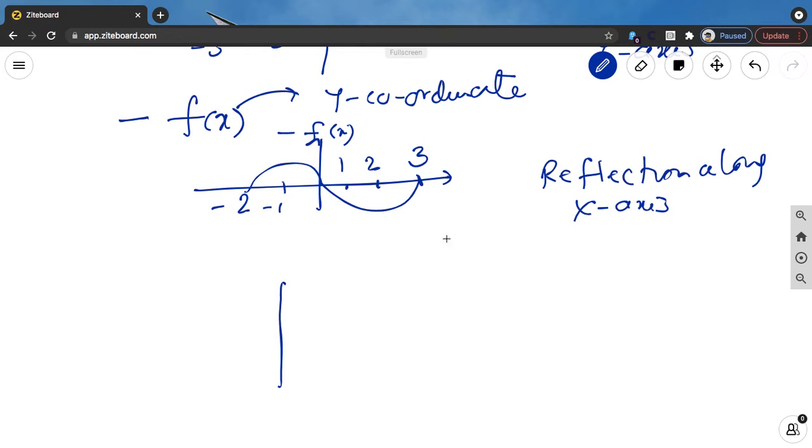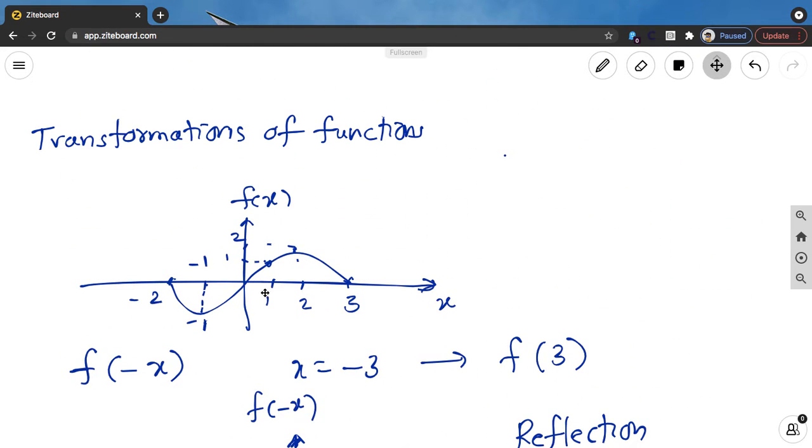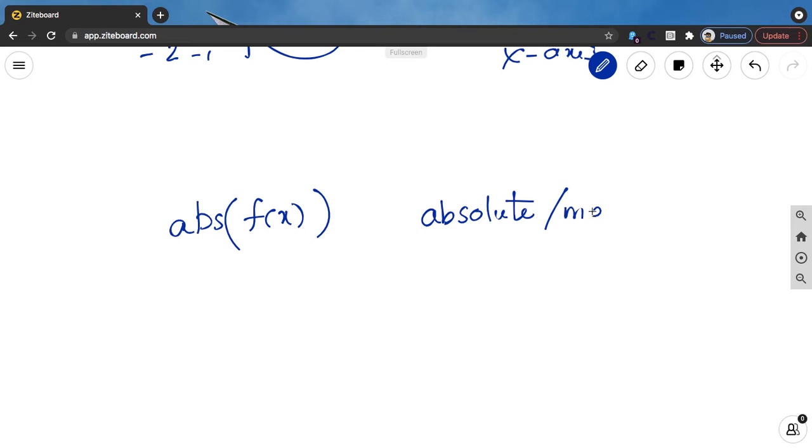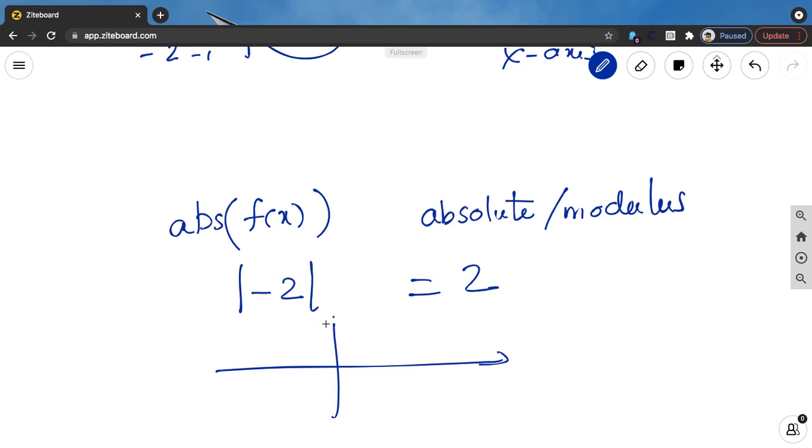Let me show you the original graph again, and now look at what happens when you are taking the absolute value. So this is the function. Okay, the function has some negative portion and some positive portion of the graph. And let me see what is the meaning of absolute value of f of x. What is the absolute function? Absolute function removes the sign, like it is also called modulus function. It removes the sign. So if I have modulus of minus 2, I will see it as 2. The negative sign is removed. So if I am looking at this function,